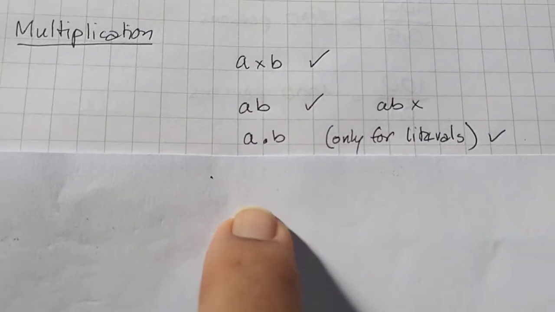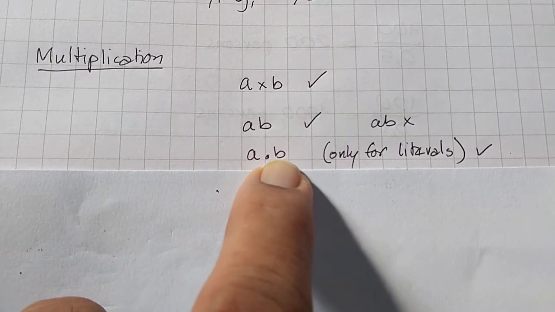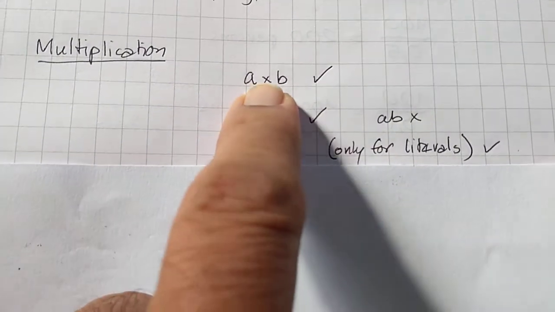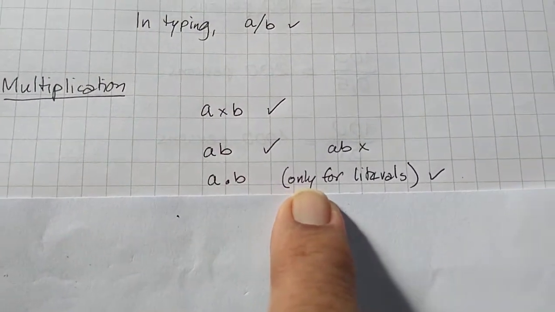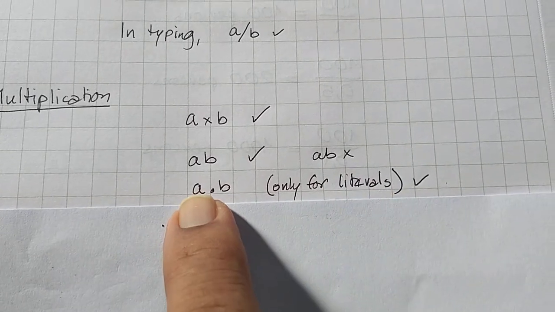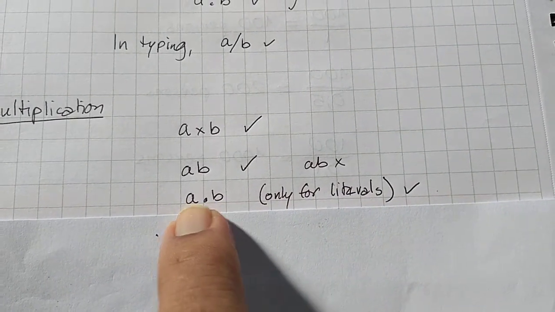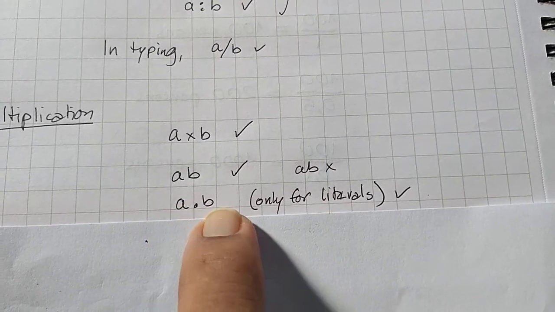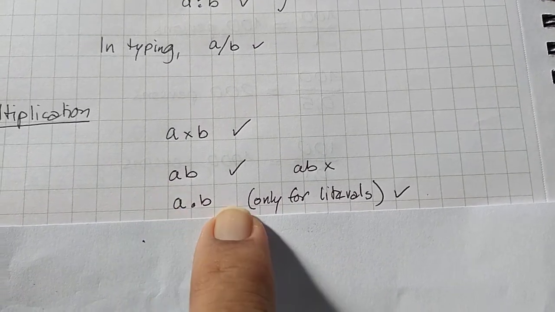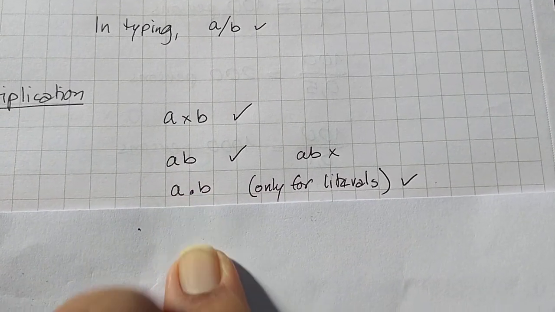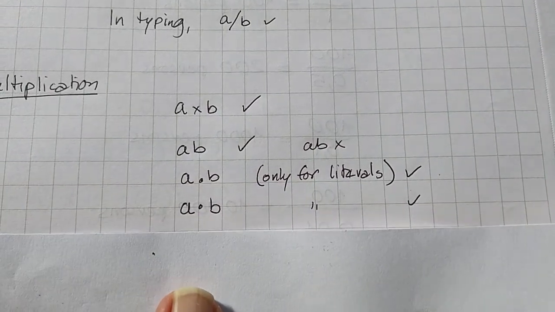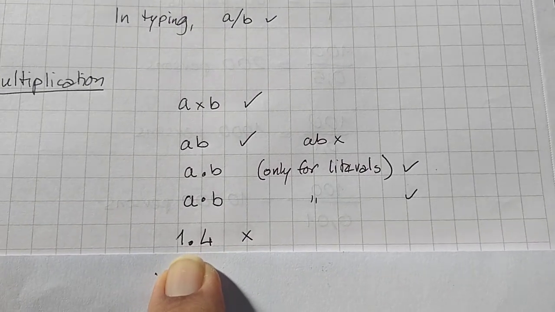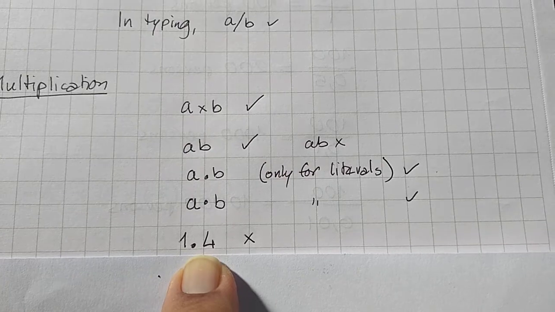Okay. Then sometimes they put a dot to signify multiplication. This dot is the same as a full stop. So a dot b is the same as a into b or ab, but we try to use it only for literals. Literals means letters, where letters signify a variable value, an unknown value, x dot y, x dot t, anything like that. You try to avoid it for numbers, because then if I write 1.4, you might get confused whether you're multiplying 1 into 4 or this is 1.4.